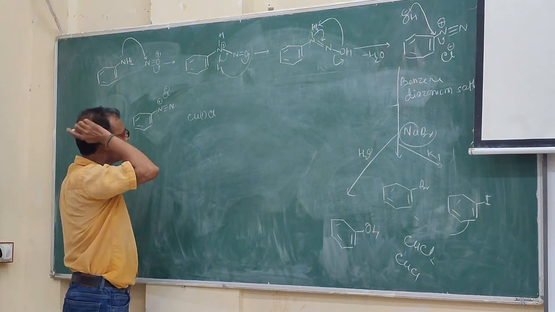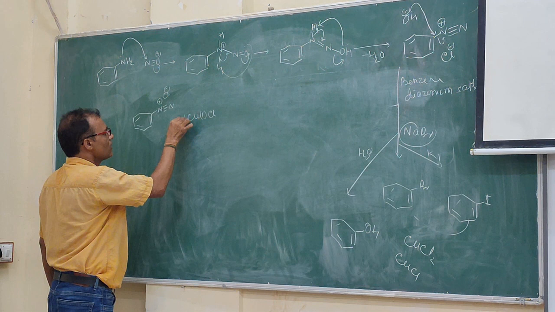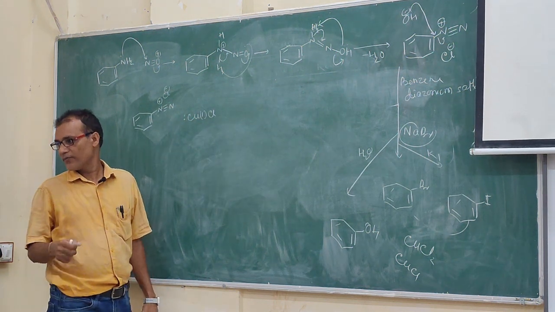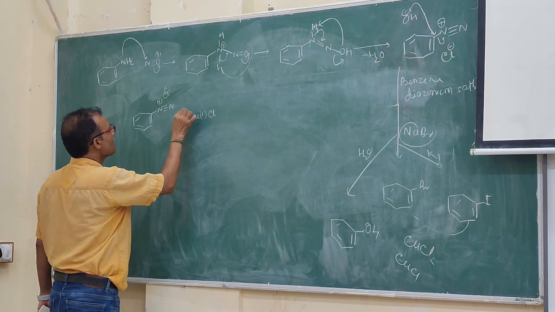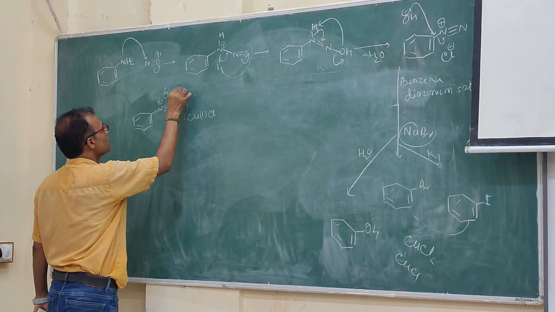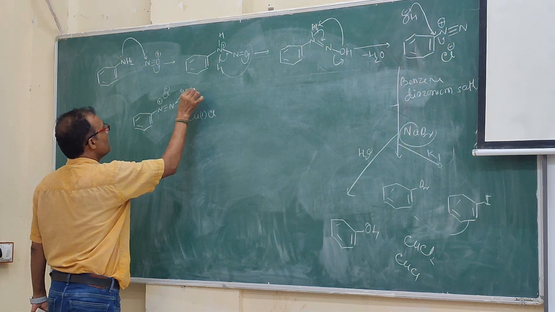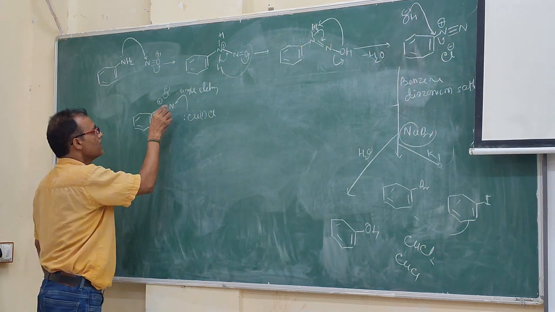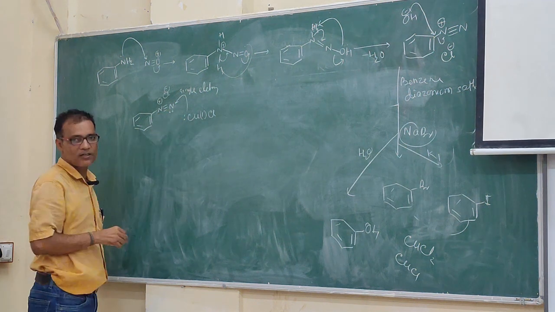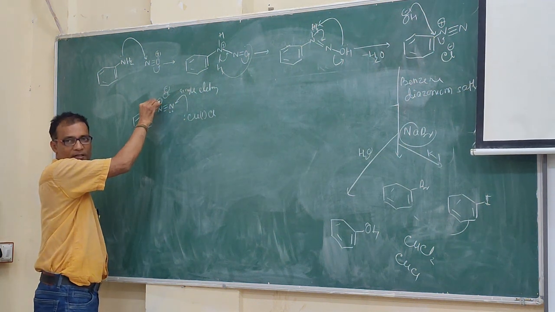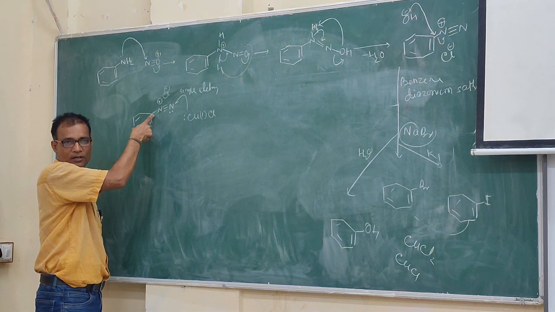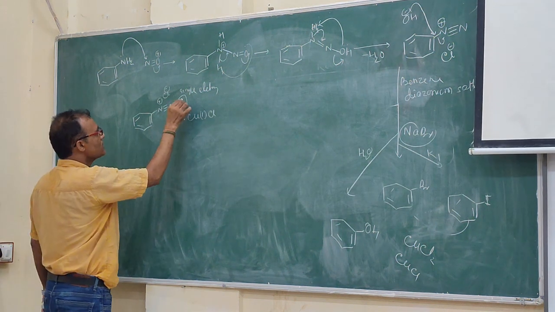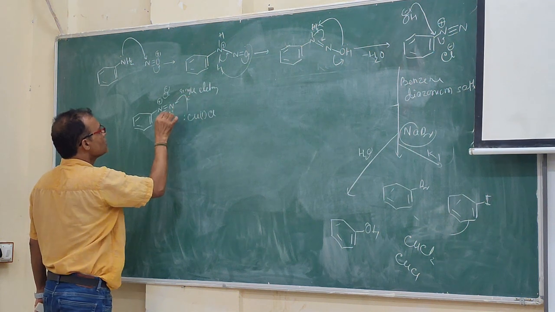So copper has a lone pair of electrons also. It is very easy to donate that. So what will happen? Now copper will give 1 electron to this system, a single electron. And here this nitrogen already has a lone pair of electrons. This nitrogen is positive. Am I correct? Because it has already used 3 plus 1, and this terminal nitrogen has 1 lone pair of electrons. So if it gives only a single electron, I write e minus. So this will go and neutralize this positive charge.